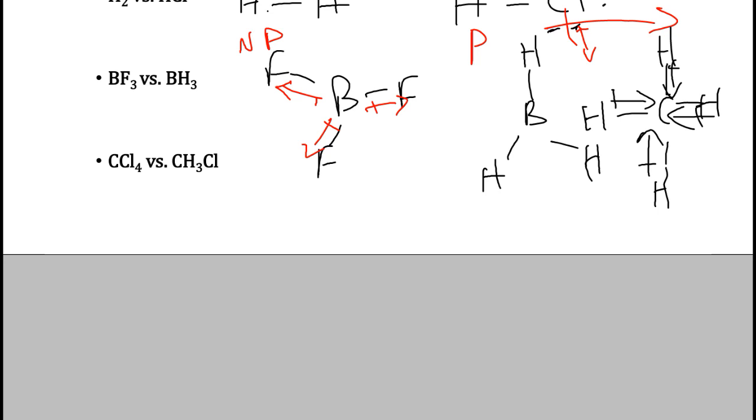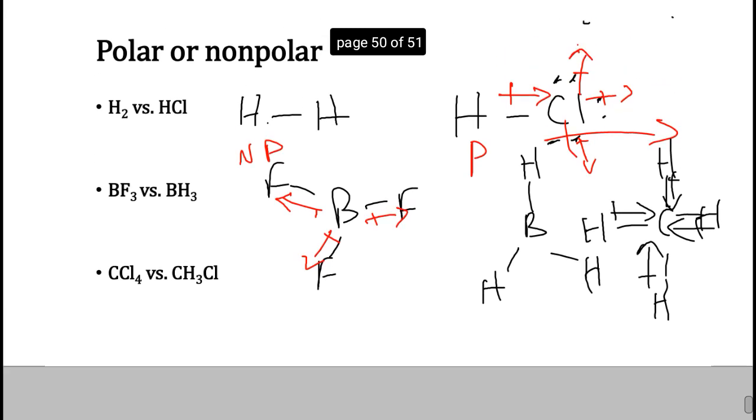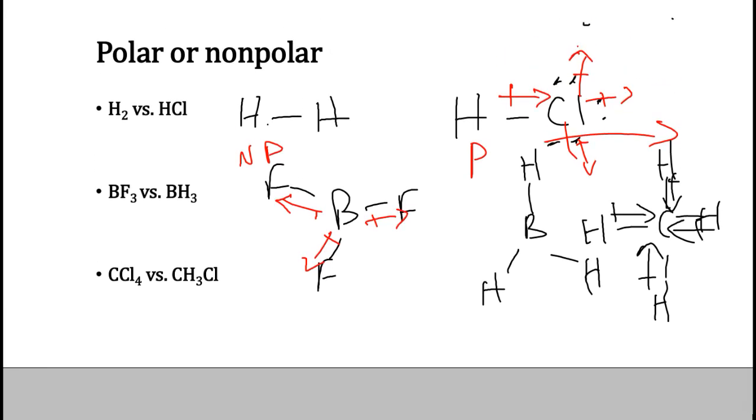So the last Lewis structures we'll consider are carbon tetrachloride and then CH3Cl. So here, as we look at this, we know all the chlorine atoms are more electronegative than carbon. They all have 3 lone pairs around them, so there's going to be a dipole pointing towards each chlorine. So these will all cancel each other out. So this molecule will be nonpolar, whereas